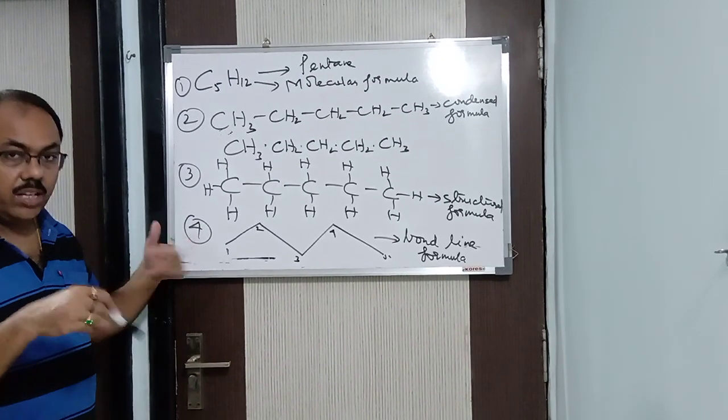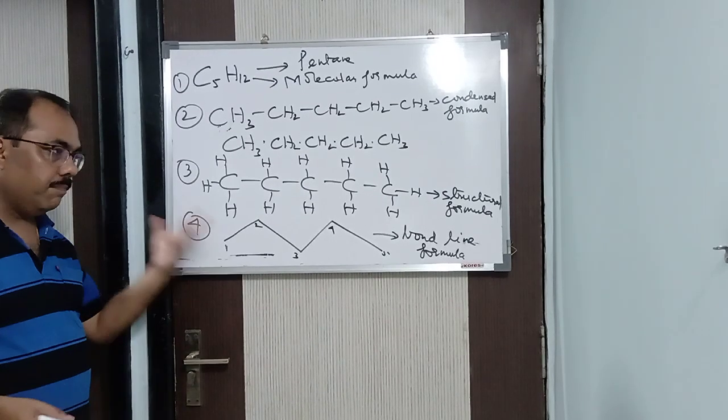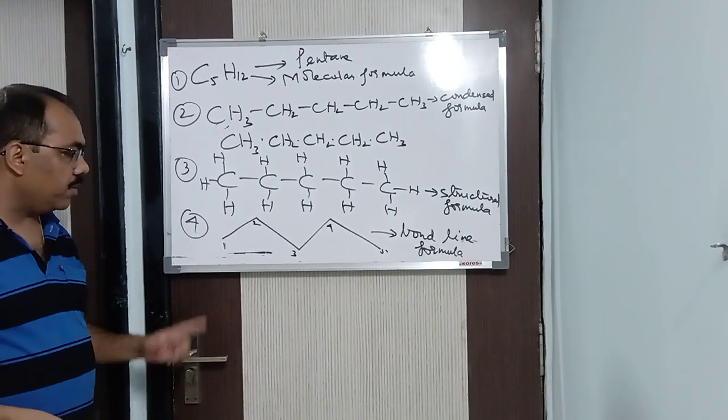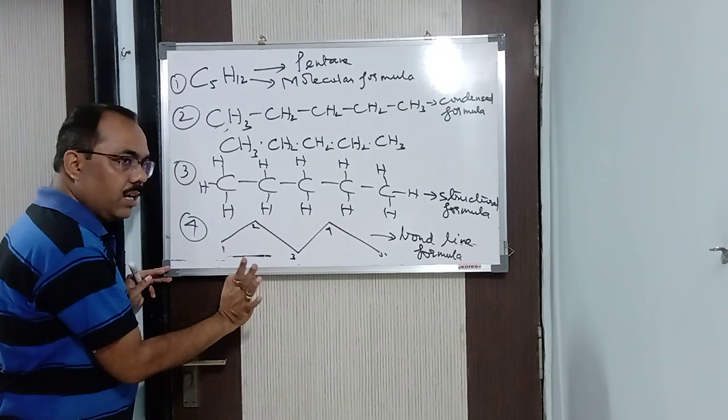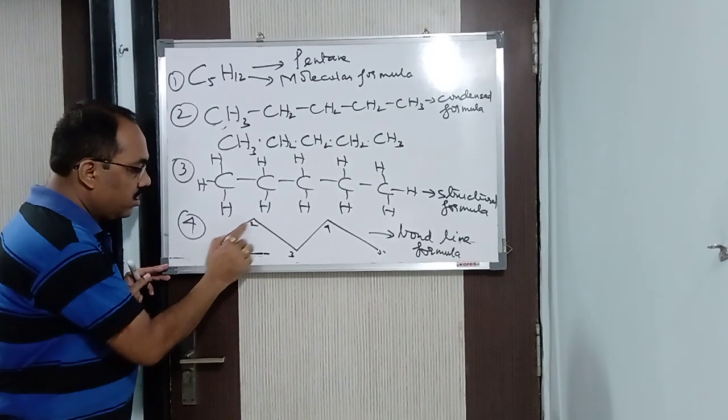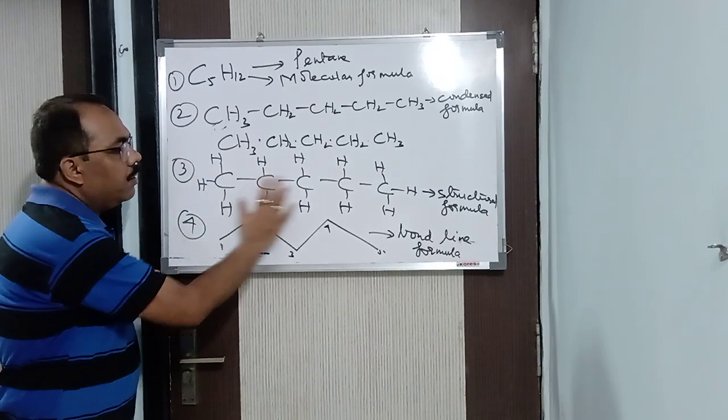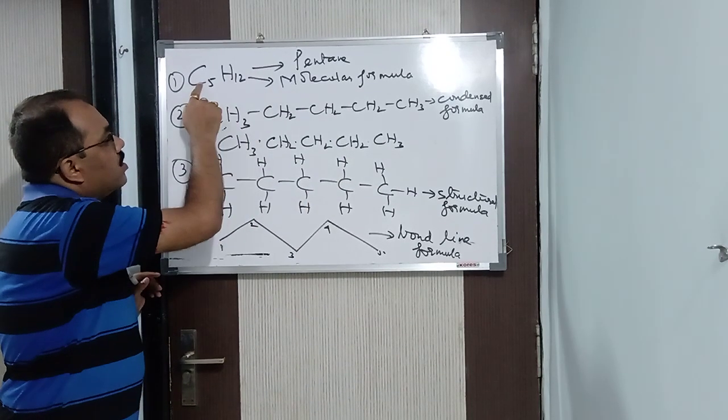In how many ways can we represent a particular compound? This is the 4th way of representation. Understood now? These points are nothing but the carbon atoms. And suppose here is a single bond. So, single bond. Suppose here, instead of pentane, C5H12,